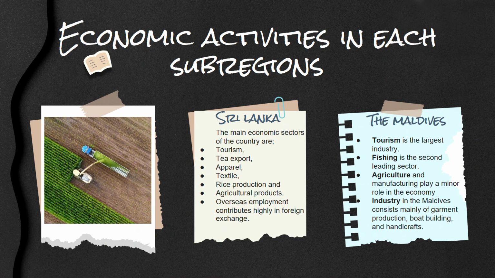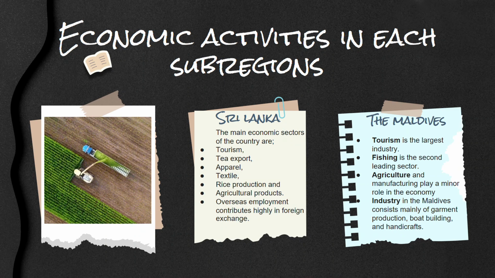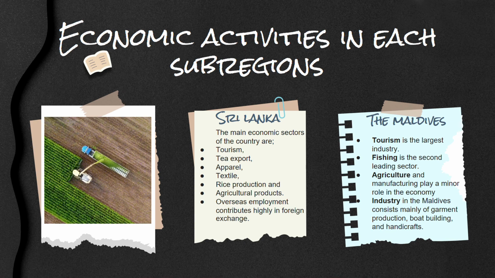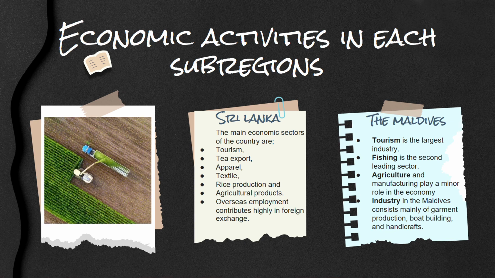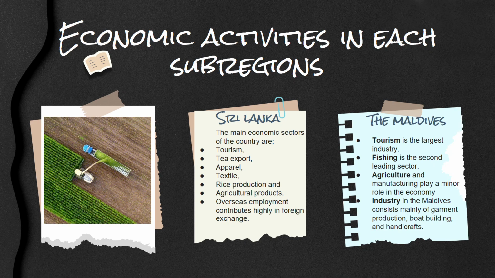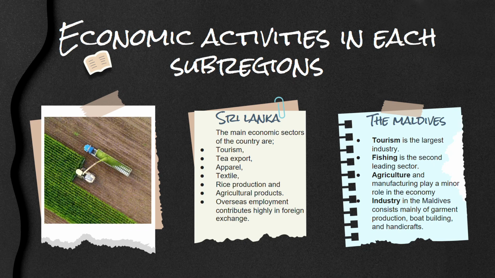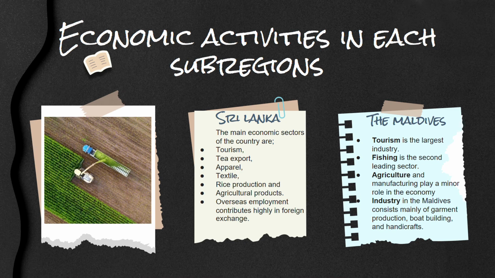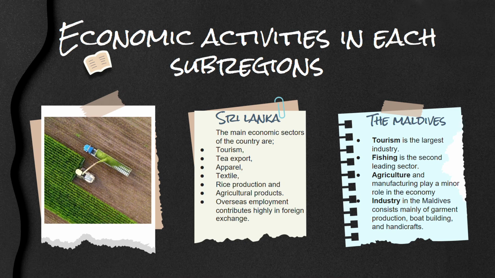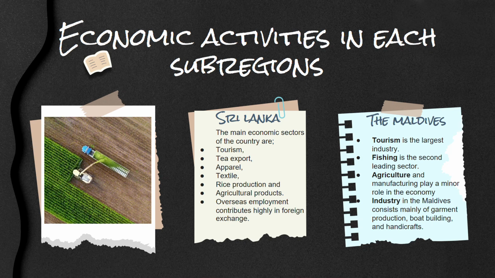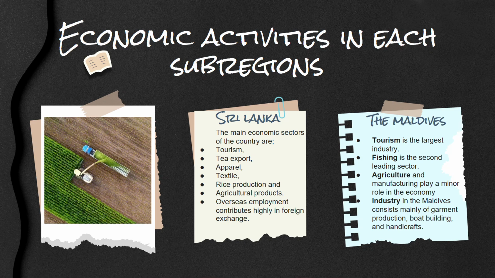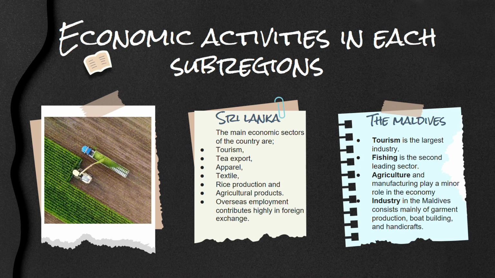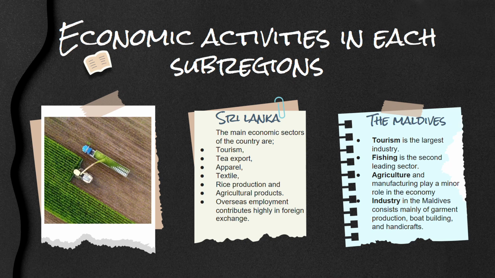Next country is the Maldives. The economic activities in the Maldives include tourism, fishing, agriculture, and industry. Tourism is the largest industry in the Maldives, accounting for 28% of GDP and more than 60% of the Maldives' foreign exchange receipts. It powered the current GDP per capita to expand 265% in the 1980s and a further